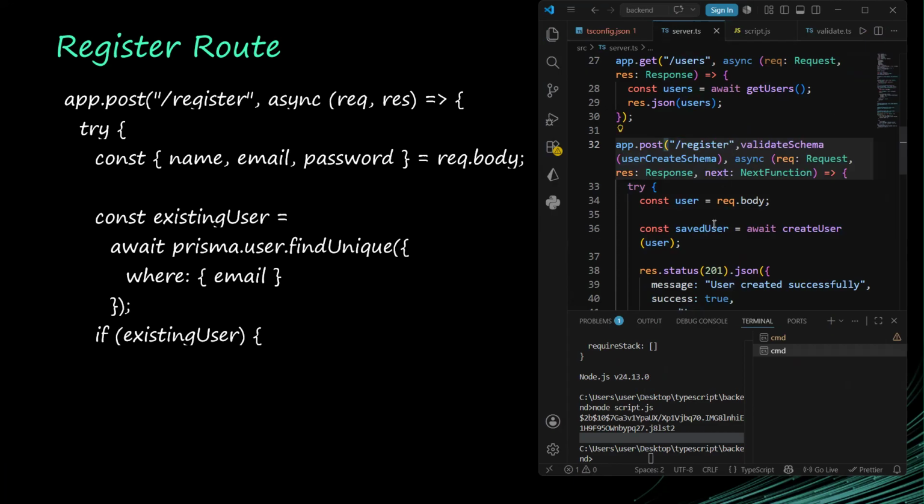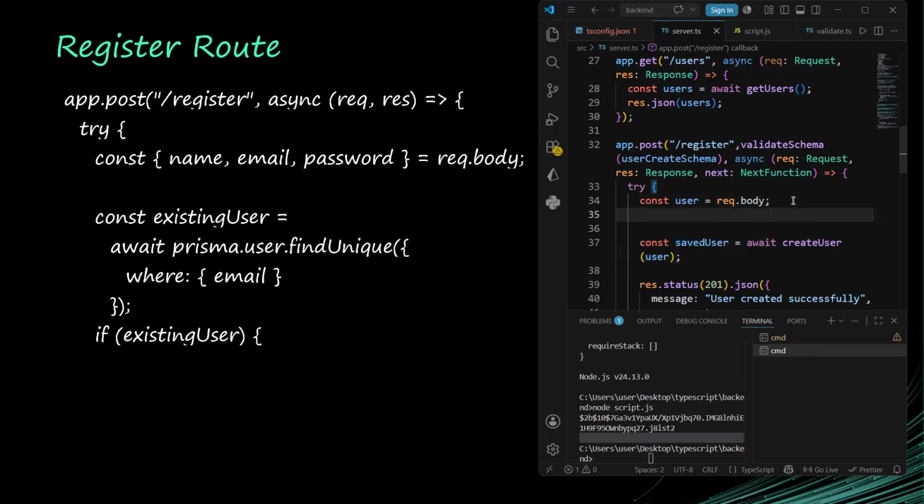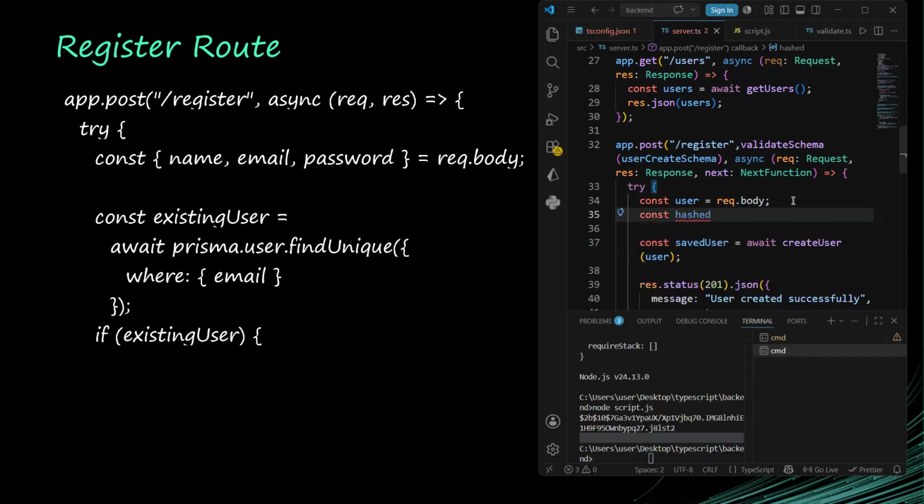Now look at what we are doing here. Of course, our schema validation is still on. We are still validating our schema. But the thing is that we need to hash our password. So what are we now going to do? Here I am destructuring, but we can also continue as before. Look at what I'm going to do. I'm going to say const hashedPassword is equal to